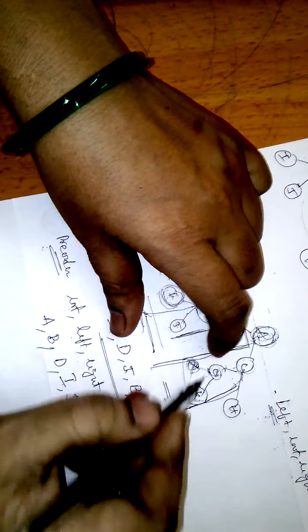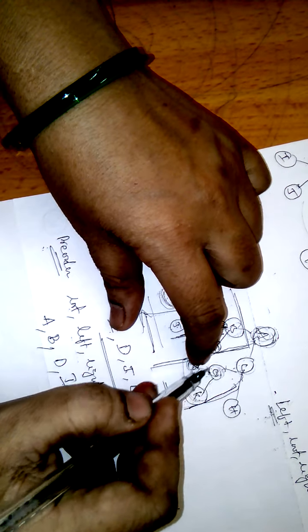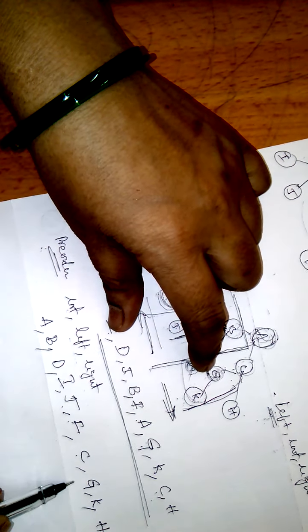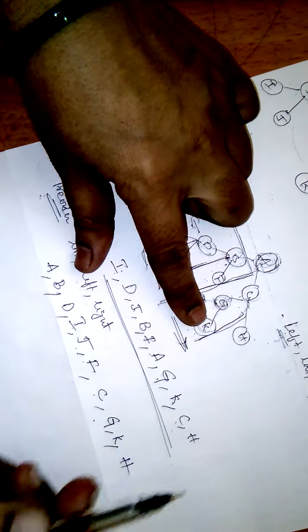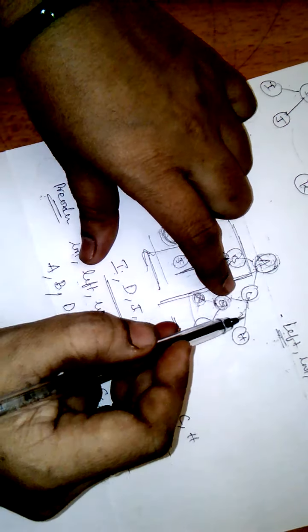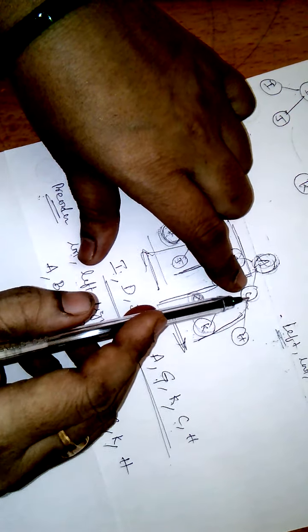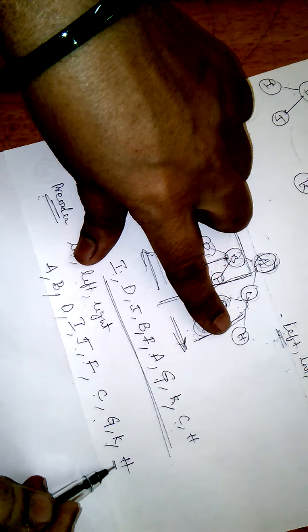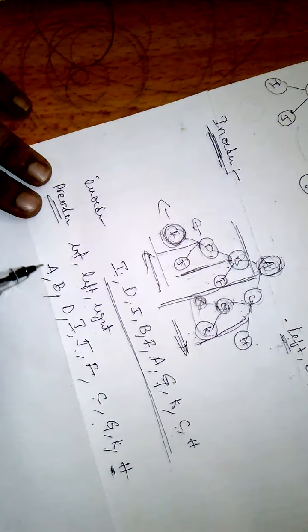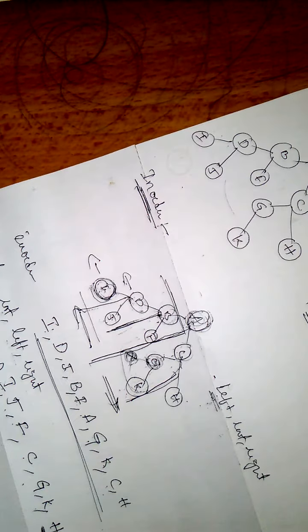Then come to left part of C. Then again, what is G? G is also parent. We will visit parent G. Now left is empty. So we will visit right. Finish left subtree of C. Root parent C. Now right. Right, we have only one node H. Okay. This is called pre-order traversal.